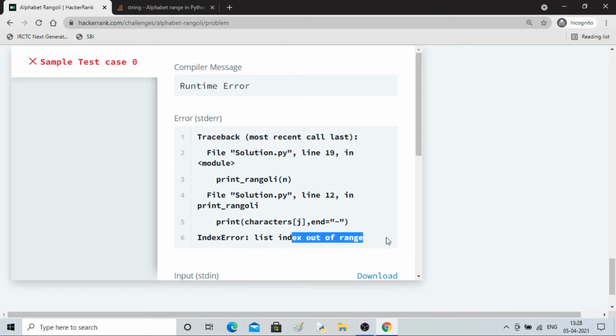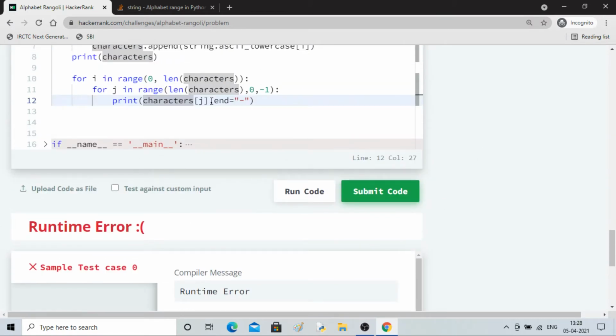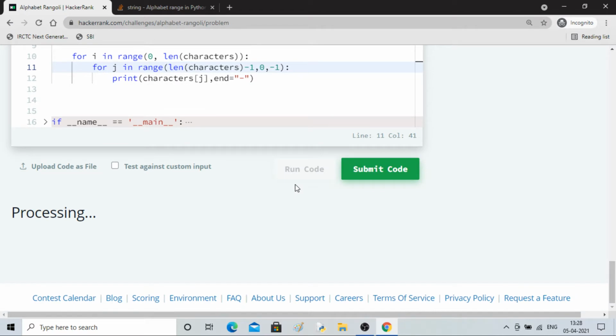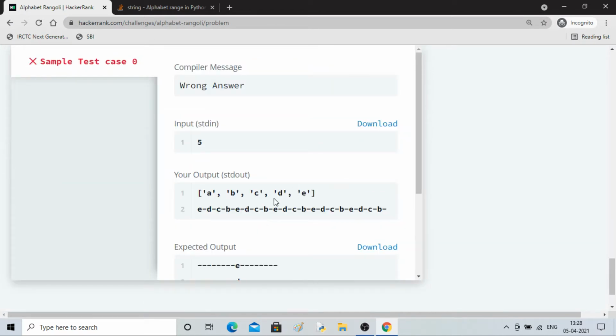So list out of range. Okay, I'll do length minus 1. Now you can see it is printing in one line only, but it is printing correctly, EDCB.